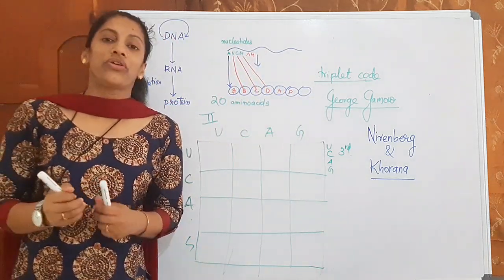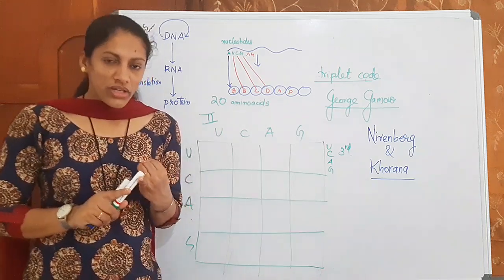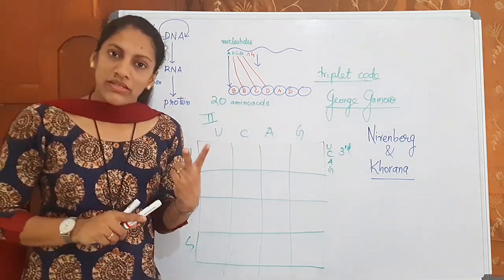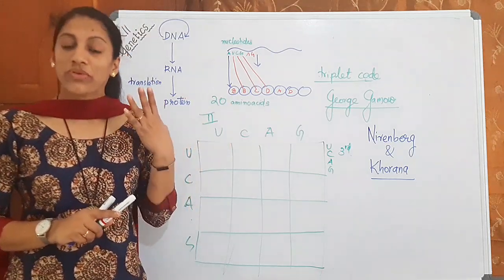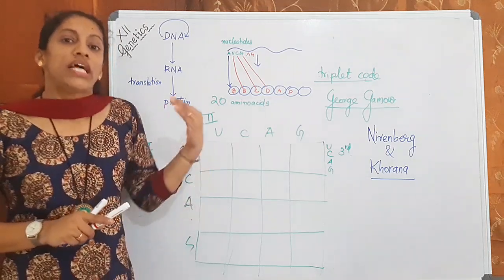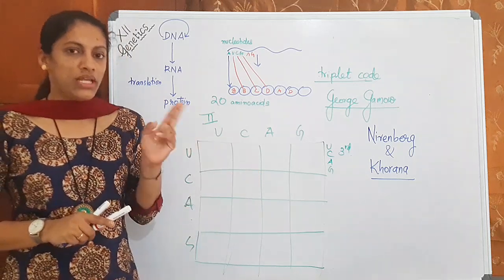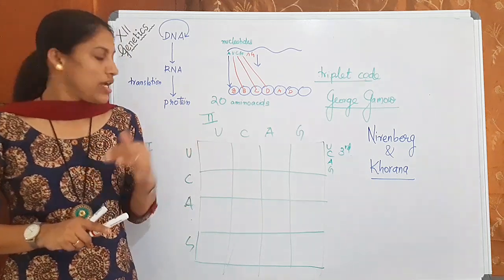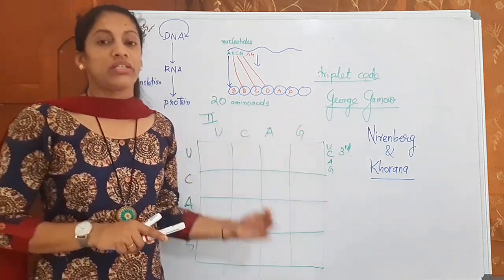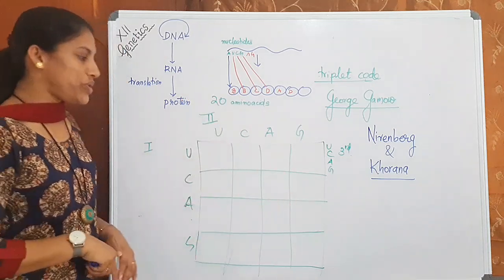See, if a singlet is not enough, it can represent a maximum of 4 amino acids only. If a doublet is also not enough, it can produce a maximum of 16 different amino acids only. But there are 20 amino acids. Then the next chance is for a triplet code, a 3-letter code. The 3 letters indicate 3 nucleotides, and a combination of 3 nucleotides gives more than enough: 64 combinations. That is what we are going to discuss next.